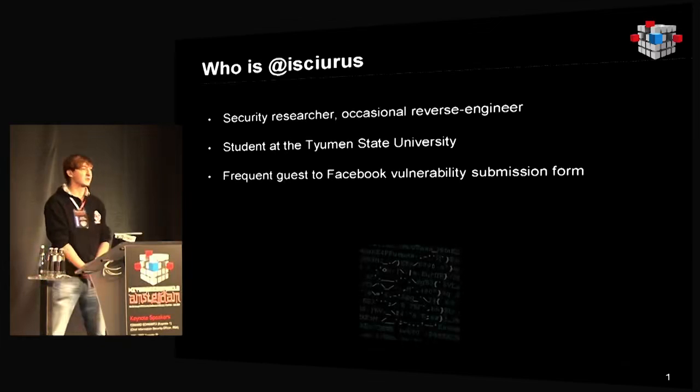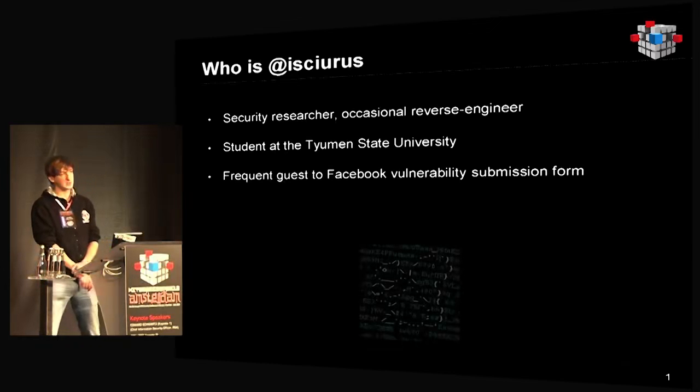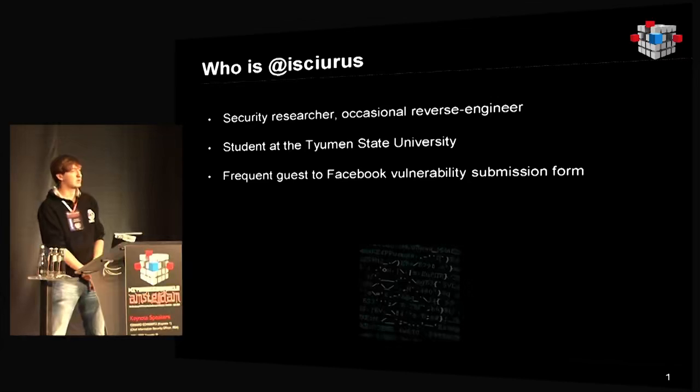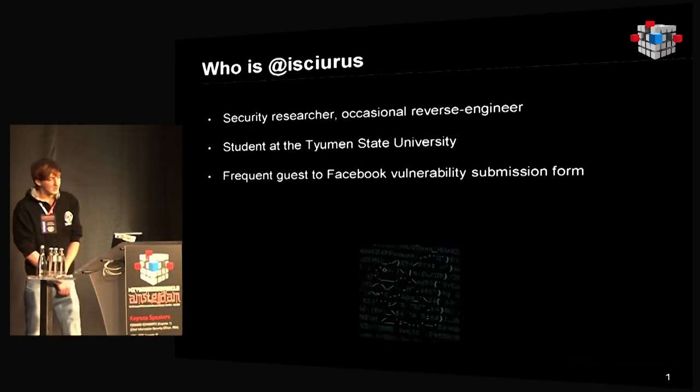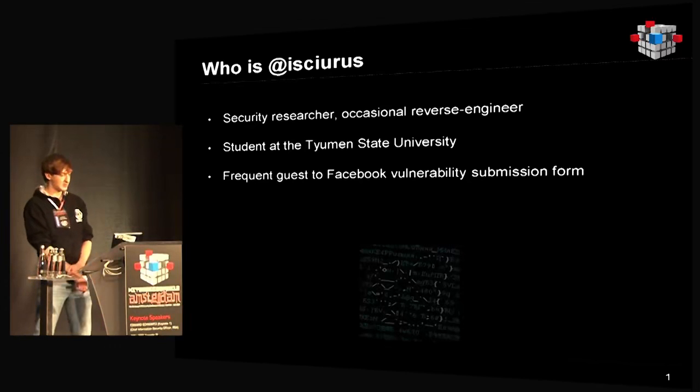So first, about myself. My experience in OAuth was mostly driven by the Facebook bug bounty program. So everything which could be solved would be a major issue. If it's an abstract weakness, or a bug not in Facebook but in some third-party application, if it can be exploited directly for executing code or for stealing some private data, it's not a major issue. But I also come from academia, so I study at Human State University.